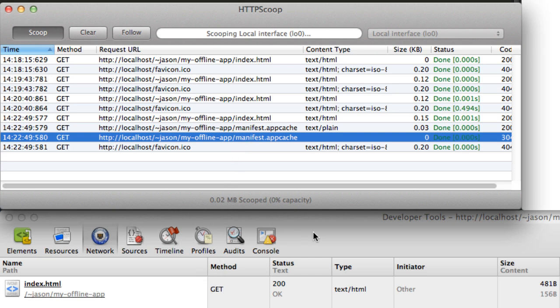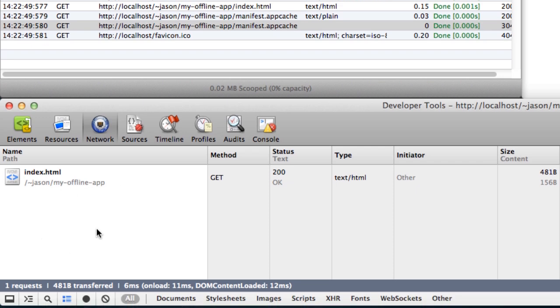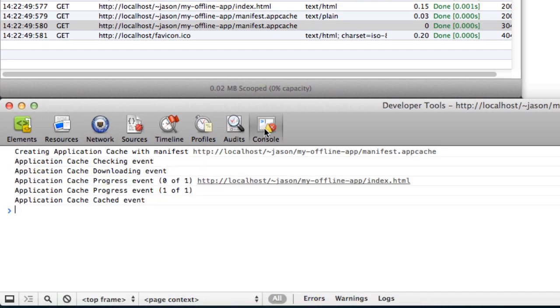So Chrome's doing more than what it's displaying. We can see some of that on the console tab, where we can see that Chrome's traced creating application cache with manifest, and here's the URL to my app cache file. Because that manifest attribute existed on my HTML element, the application cache got created. At that point, the browser then decided to download the manifest and then download all the files that were listed